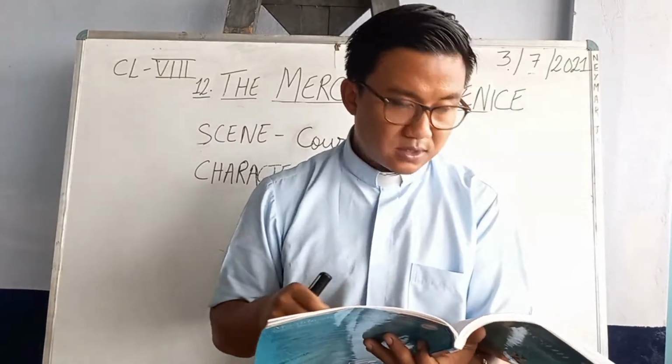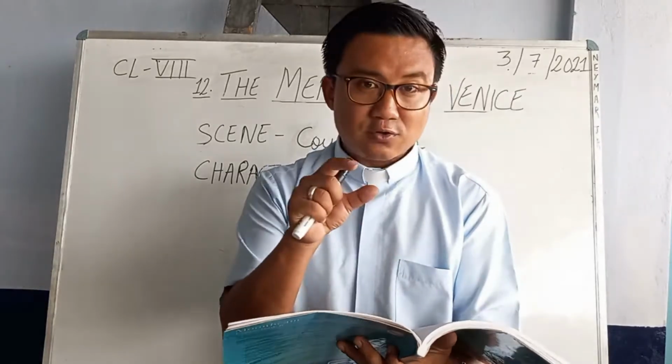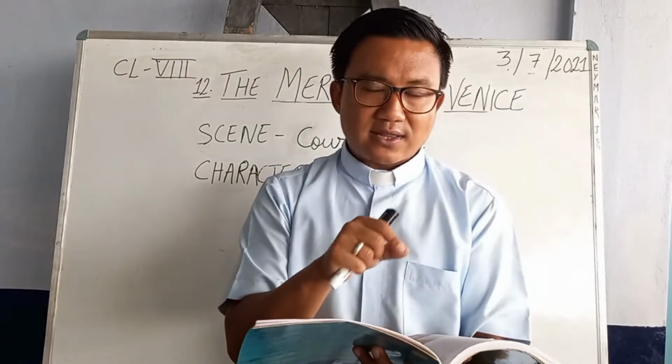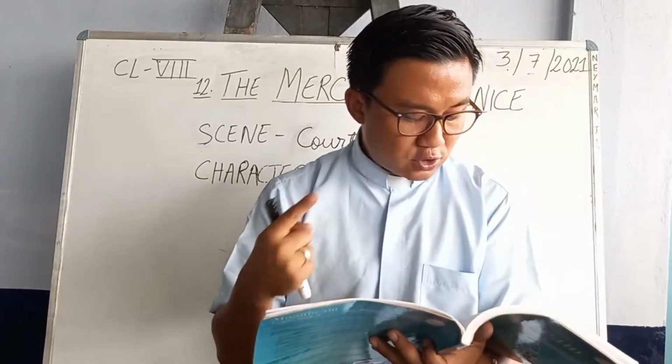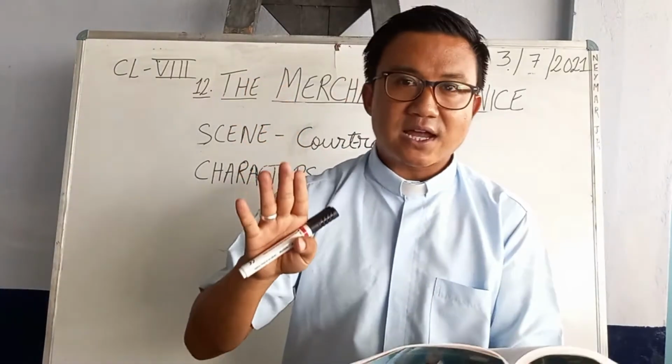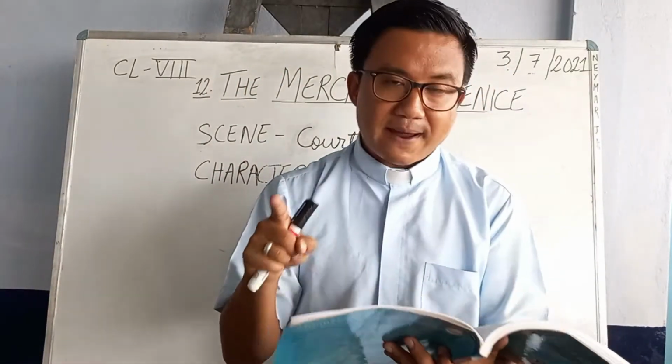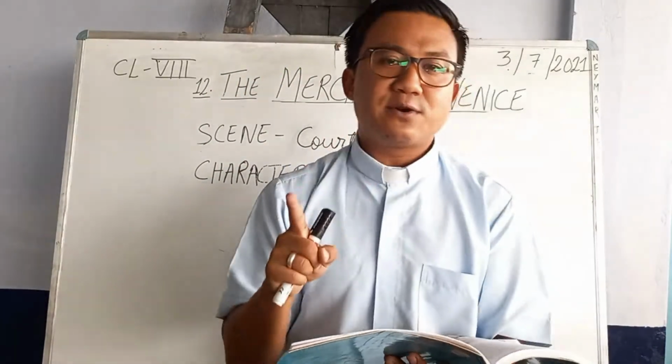Now see, there's a small action in the bracket. In the bracket, that is not a dialogue. That is the event that is taking place. Bassanio steps forward to interrupt. Now Bassanio is standing up and wants to say something when Portia asks, is he not able to pay back the money? That means Antonio is not able to pay the money.